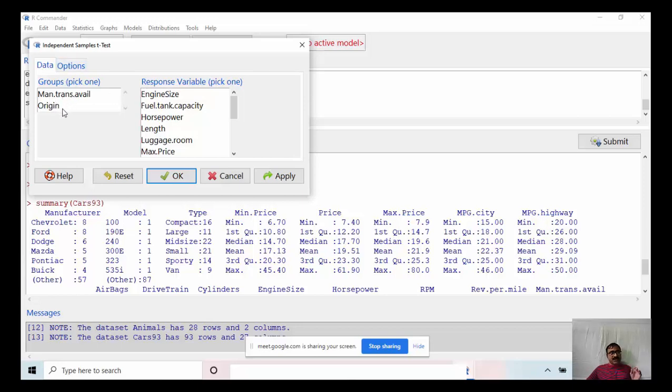So these two variables are here and the response variable is here. So it is already classifying which variable will be the response variable, which variable will be groups. In this way it is much easier to use R Commander. So I select origin here, and this is the engine size or horsepower, engine capacity in HP. I can select apply.